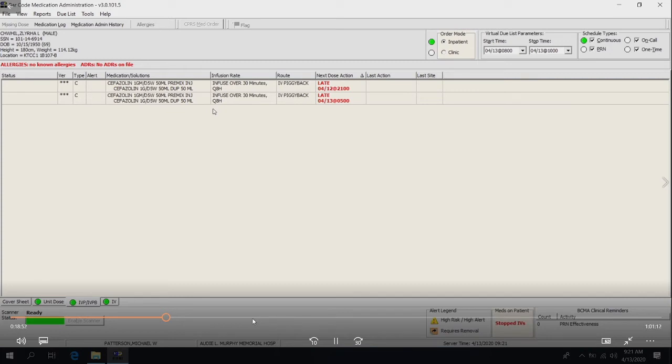How many parts are to this order? 2. Perfect. So in this order here, you have your cefazolin and you have your D5, okay, in 50 mLs. Everything has to match whenever you get your medication, okay? So I'm going to go ahead and switch it to